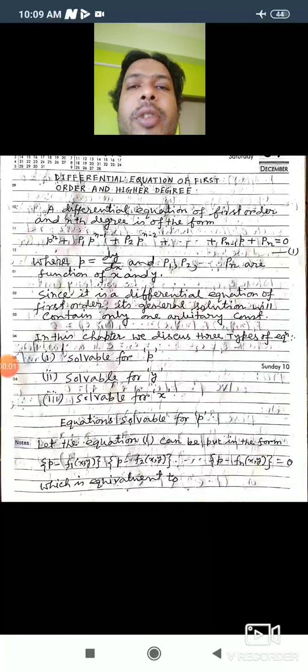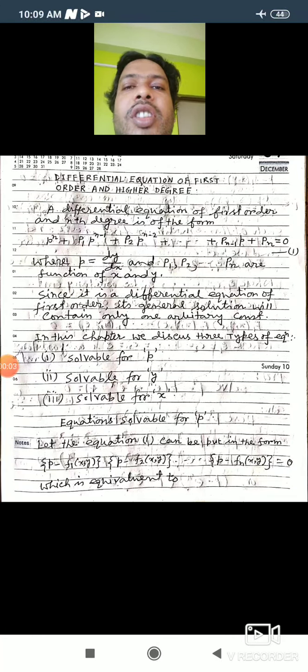Good morning, everybody. Today we start differential equations of first order and higher degree. First order means the differential equation is of the form dy/dx, and higher degree means its degree is 1, 2, 3, increasing. Now a differential equation of first order and nth degree is of the form